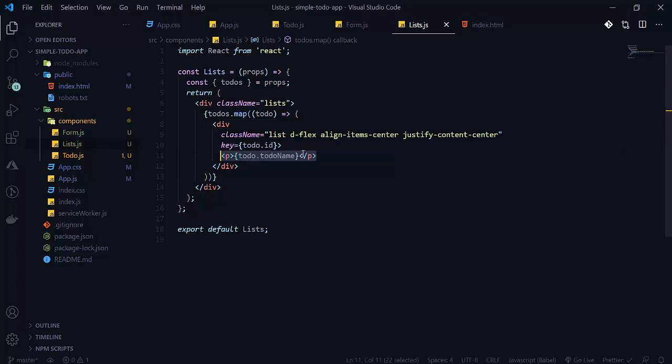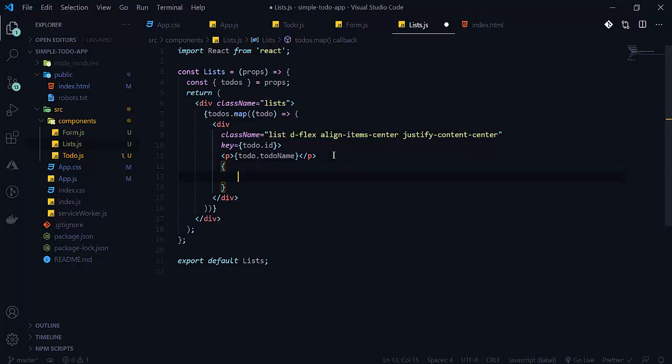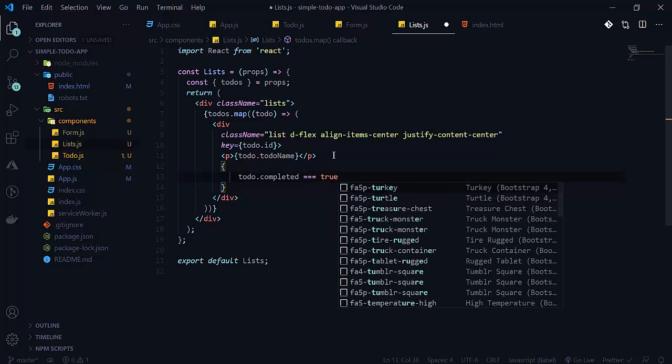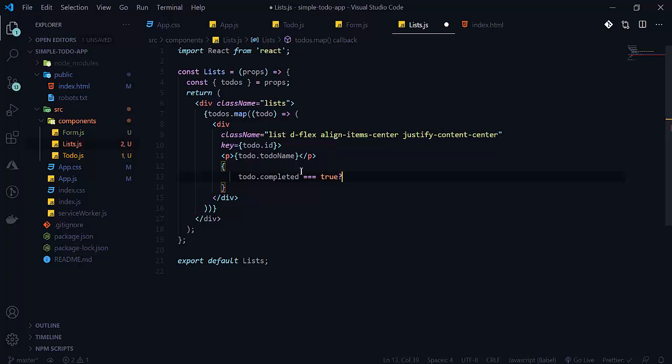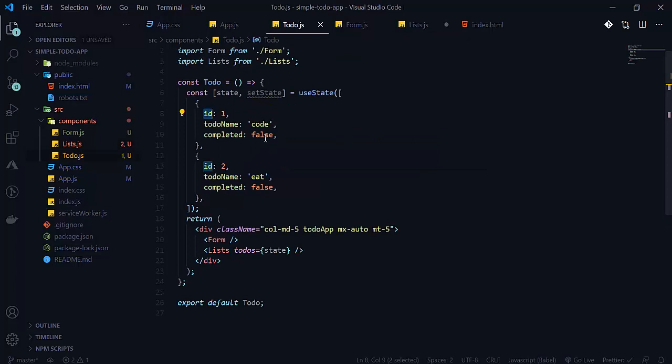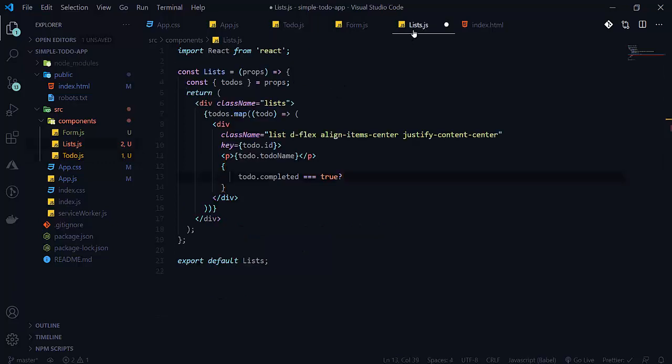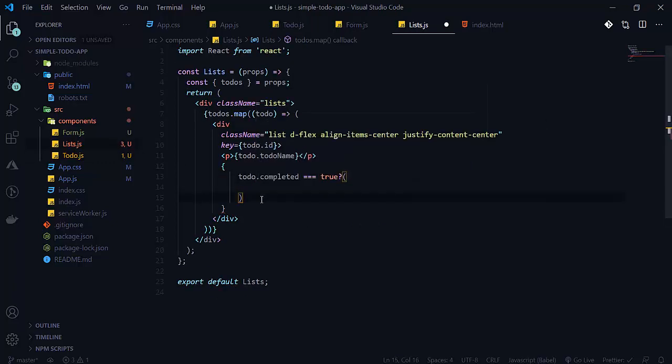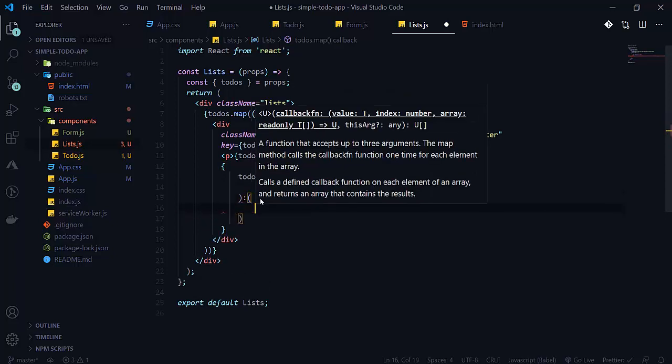If todo.completed is equal to true, see that here completed is equal to false here, so this will not happen now. Then what we will do is return, so simply write parentheses. This is a ternary operator here. If it is true, then there will be React.Fragment.